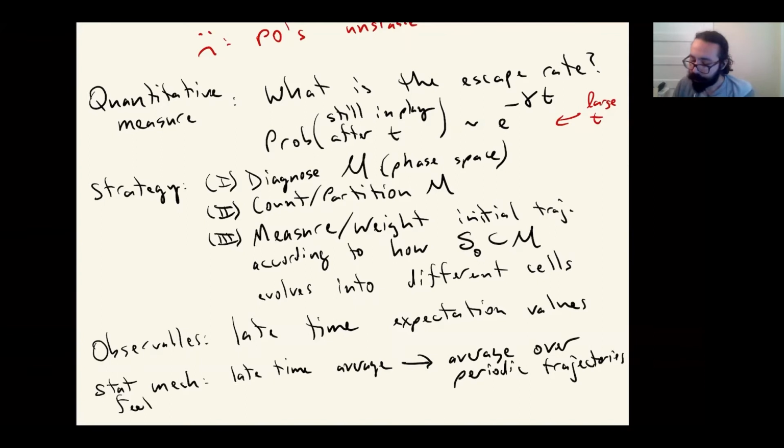Where this average is determined according to these weights that we had to compute previously. And so, yeah, I think that's all very abstract. So hopefully it'll get a little more clear as we try to actually carry out this procedure.